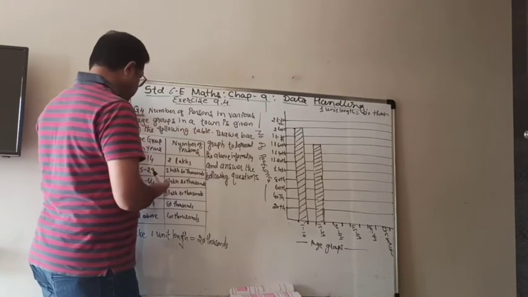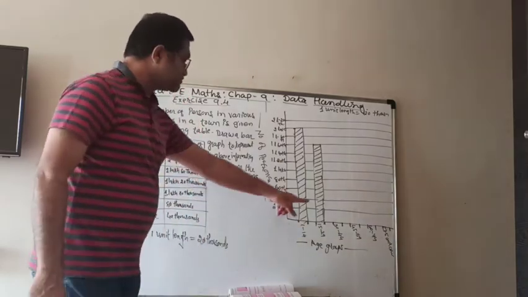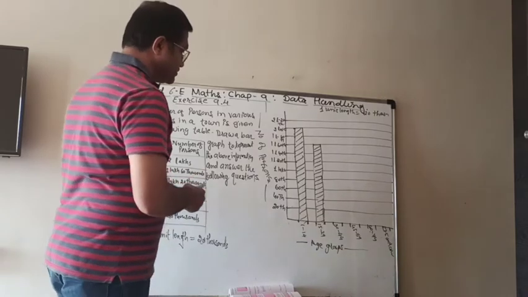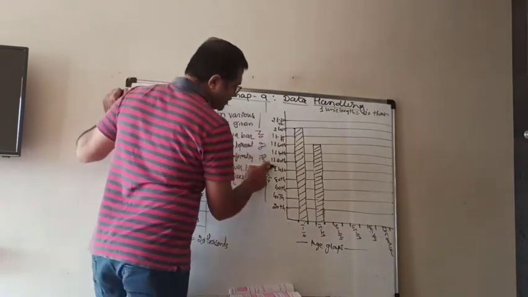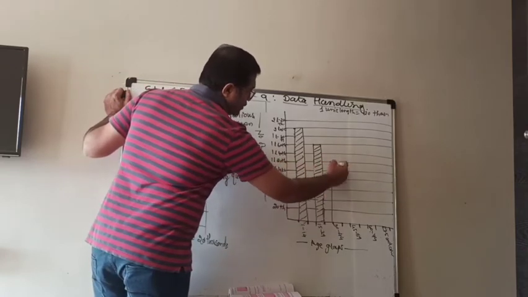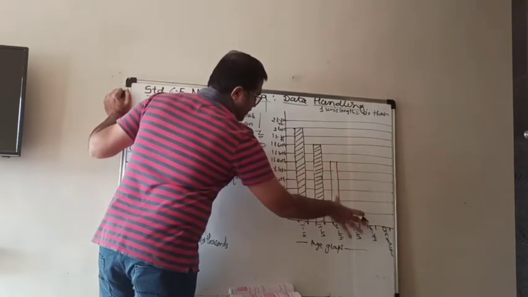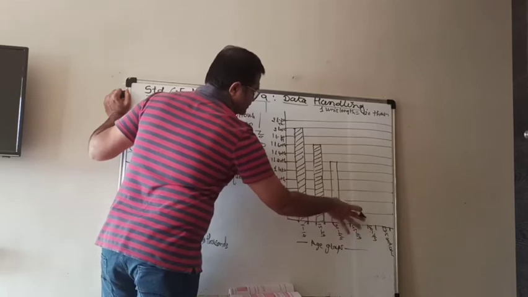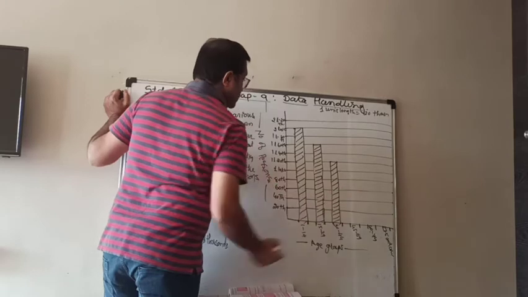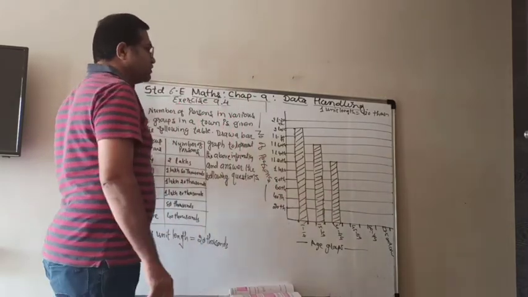Now let's take the third group. The third age group is 30 to 44, and in that group there are 1,20,000 persons. So now where is the 1,20,000? That is here. So from here we go like that and draw the bar according to that length, and that is your bar for the next age group 30 to 44.